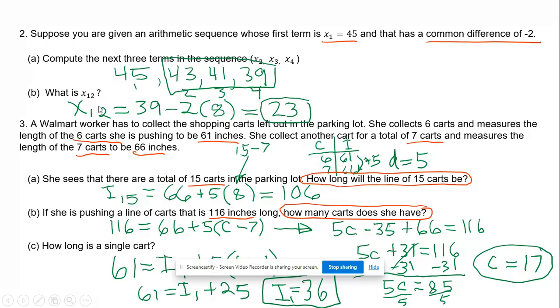All right. So if I were to get you started on this one right here for number 3, it says 6 carts at Walmart is 61 inches. 7 carts is 66 inches. What I need to do, it says this person sees that there are a total of 15 carts in the parking lot. And it says, how long will the line of